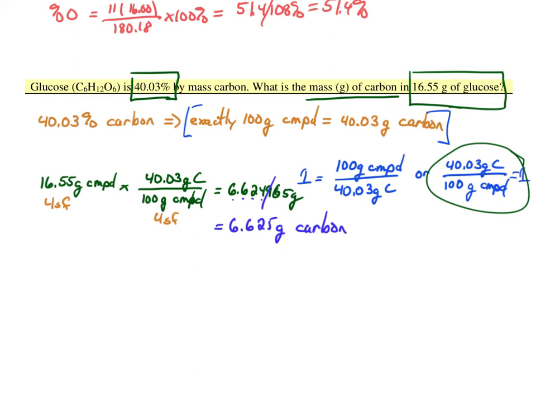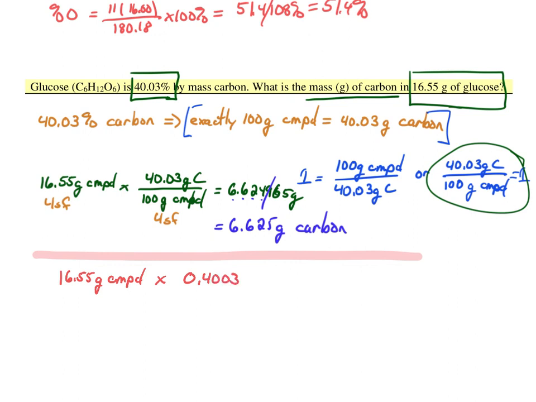You likely recognize we could get the same result had we done the problem slightly differently. We would start with 16.55 grams of the compound and multiply that by the percent expressed as a decimal. So 40.03% is 0.4003. And that gives us the same answer. I'll go right to the right number of sig figs. Okay, and this is possible because we recognize